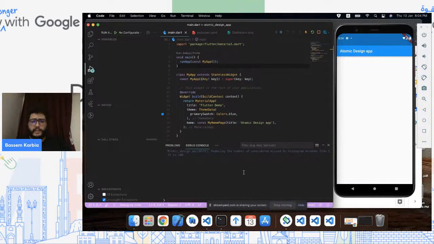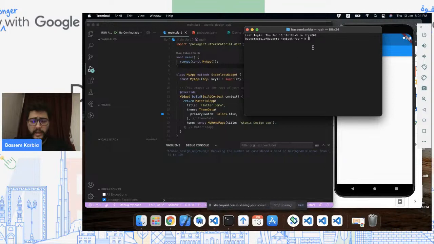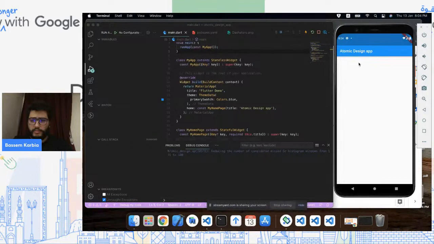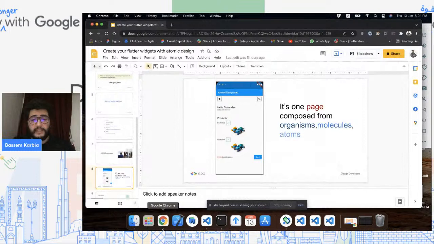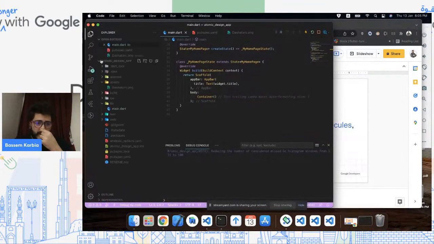Okay. So this is the project that I created with the command flutter create project, but I made some cleaning to make it clean. We will start creating our design. So as I said, the first thing is to understand clearly what your component is and what you have to do exactly. This is really very easy to create, but I will compose here. I will create, for the first time, folders like atoms,